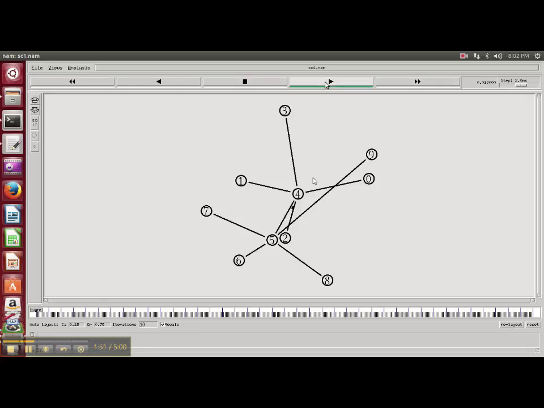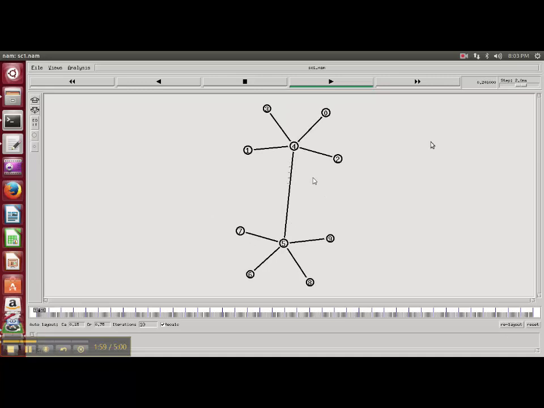Now you can see with the click of start, the traffic is flowing between node 4 and 5, where 4 and 5 are the router nodes. To be more specific, I'll just re-layout it. Now it's more clear. Over node 4, you can see the line going up. It shows the traffic at the buffer and the amount of traffic increasing in the buffer. When this amount of traffic increases in the buffer, it leads to packet drop.